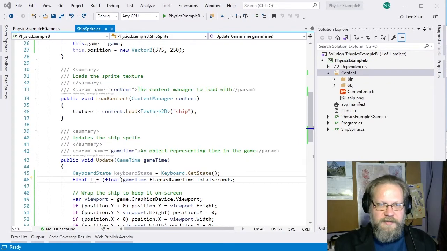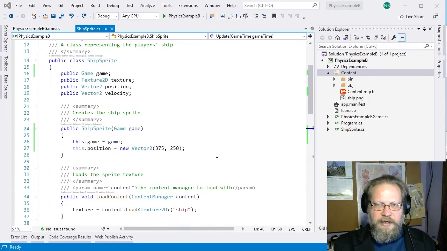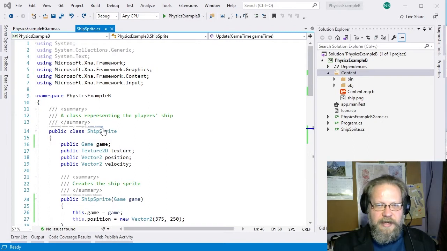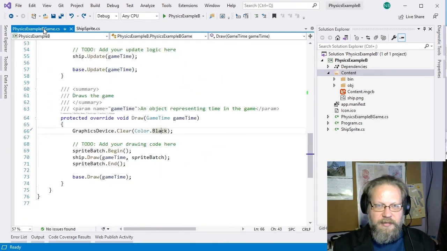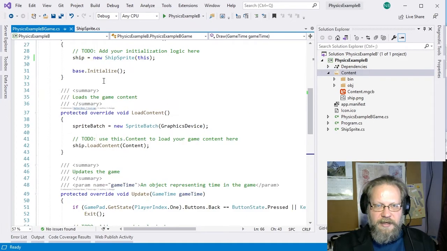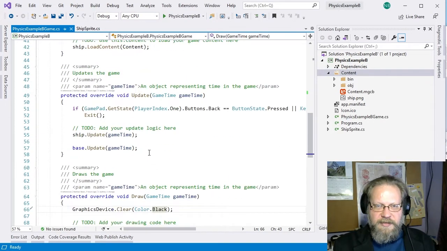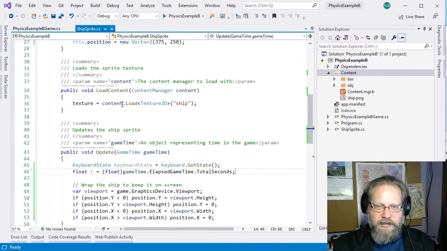Good evening, students. We're going to continue our talk about dynamics, dealing now with angular dynamics. So we've got, again, a nice starter game with a sprite representing, in this case, a ship. We've got it set up so we're going to initialize, load content, basically everything much like the last couple games